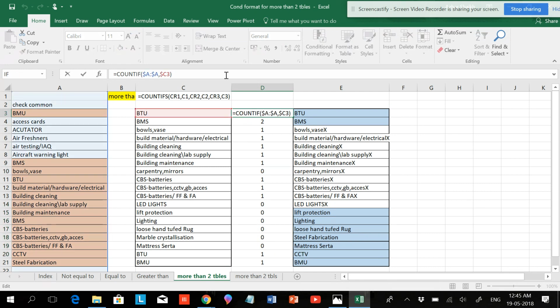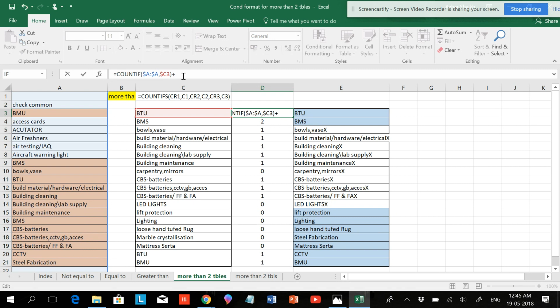Now for this you can use less than or equal to 0 also. If you use it here, it will give you true or false. But I'm not using this over here. What I'll be doing is, for this section, on this area also, I'll be doing a double COUNTIF. So it will be like